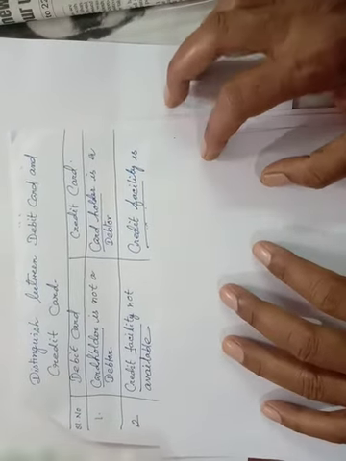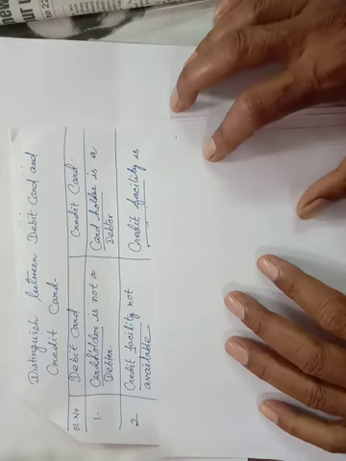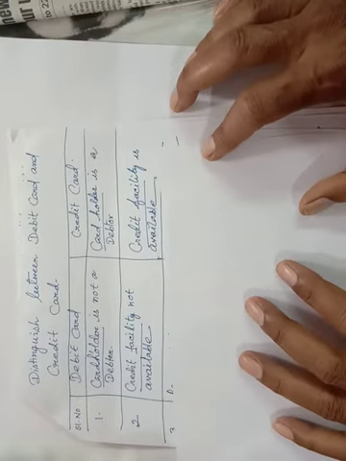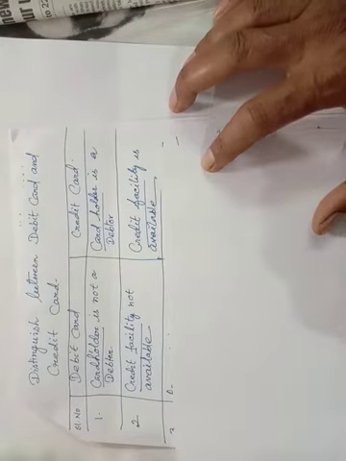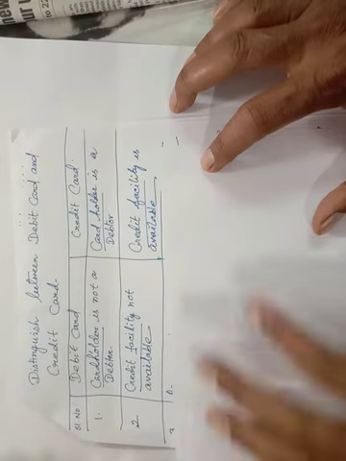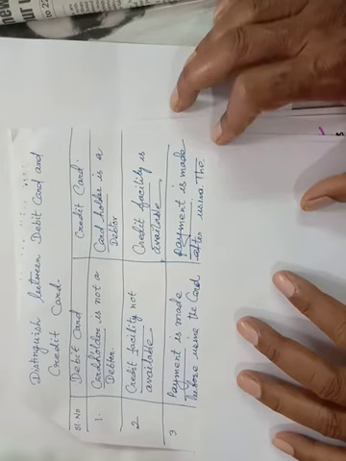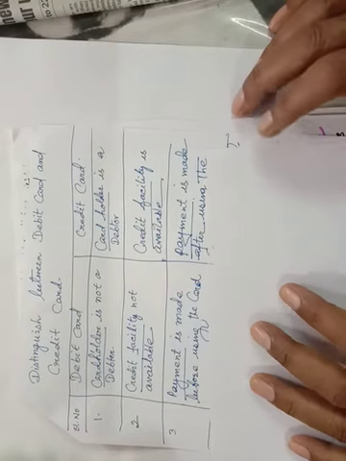So the second point: under debit card, credit facility is not available. On debit card, credit facility is not available. You have to match the answer with this. Then under credit card, credit facility is available. So you see, twice you have written credit facility. If you write credit facility as the basis, you write it once only, then not available is enough. In this way, payment: if you write payment as the basis, there is no need of writing payment twice. Payment is made before using the card, payment is made after using the card.